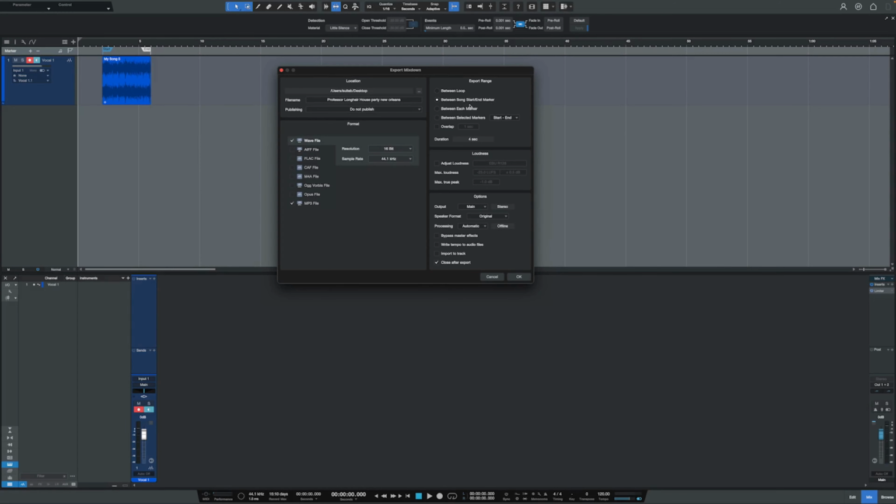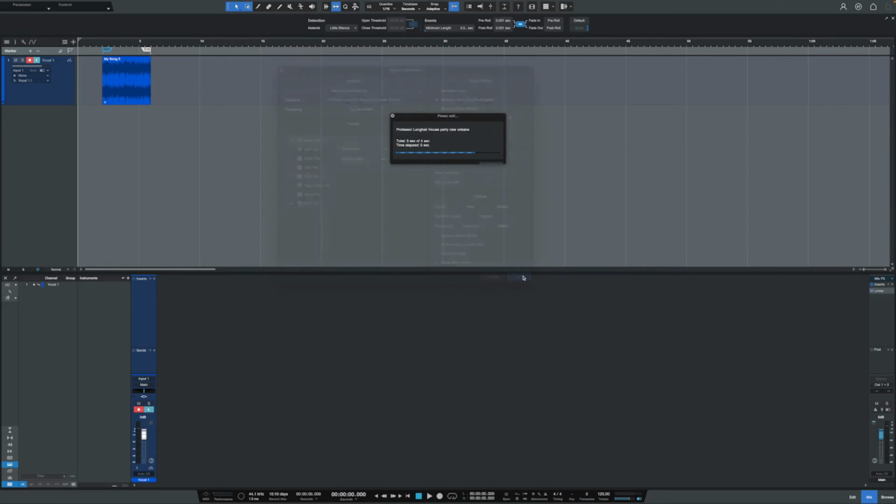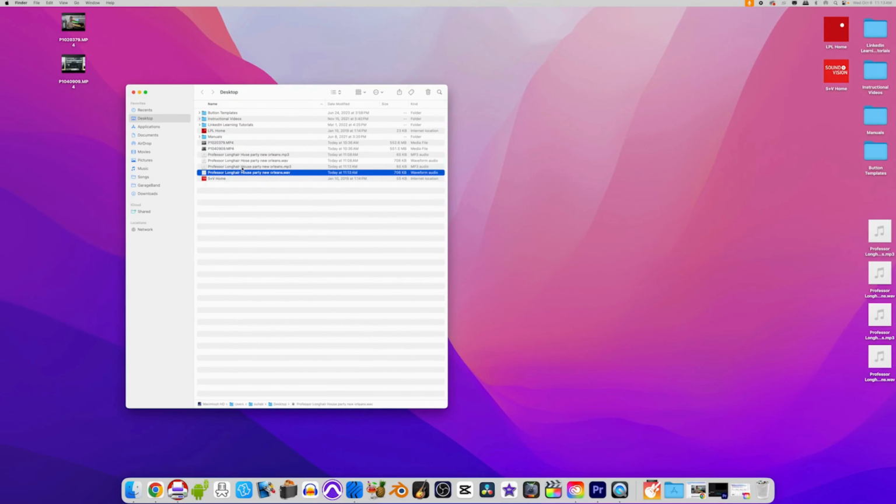I'll push OK, and this is going to make two files for us since we had two formats checked. We're going to have a WAV, and we're going to have an MP3. And you can just give the spacebar a press, just listen to it real quick. And